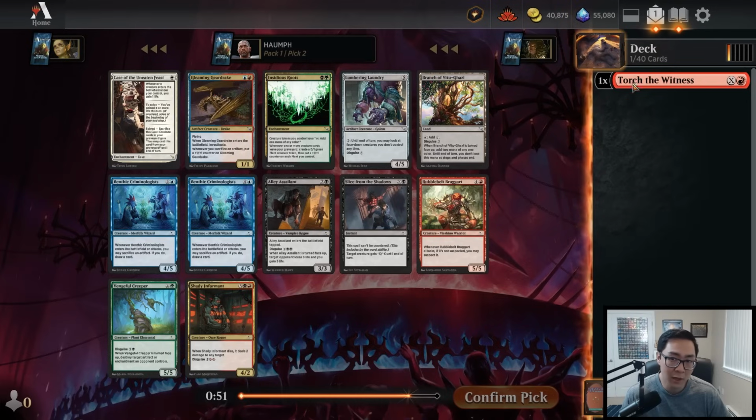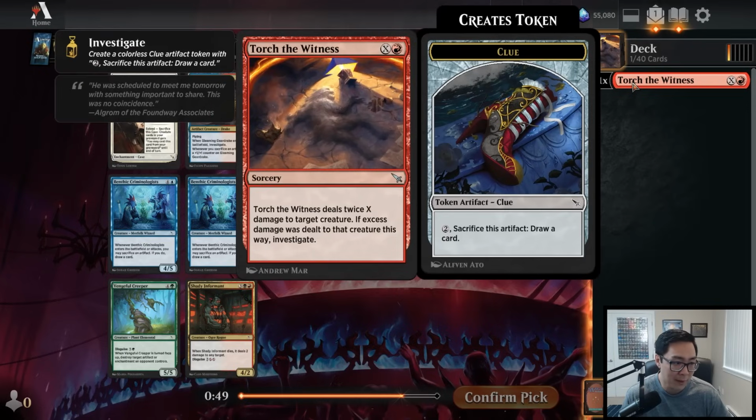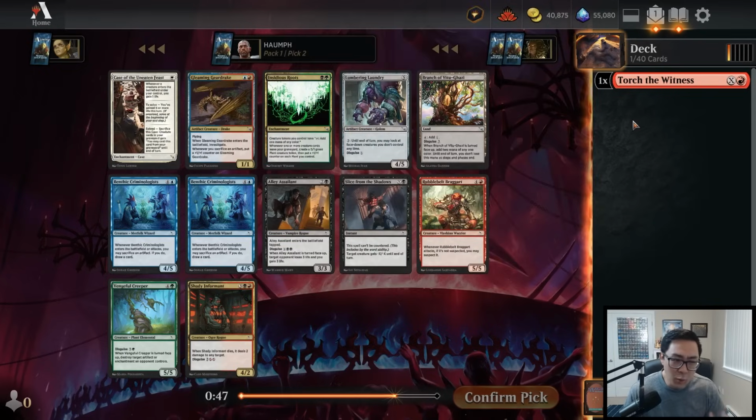But because of the flexibility of Torch, and because I don't really want to play a Dimir control deck, I don't really want to play straight up blue-black control. For that reason, I don't want to just take Coerce thinking I'm going to be blue-black. Usually when I take the Coerce, I'm thinking, okay, I'm going to be base green and splash Coerce, something along those lines. So taking the Torch here,